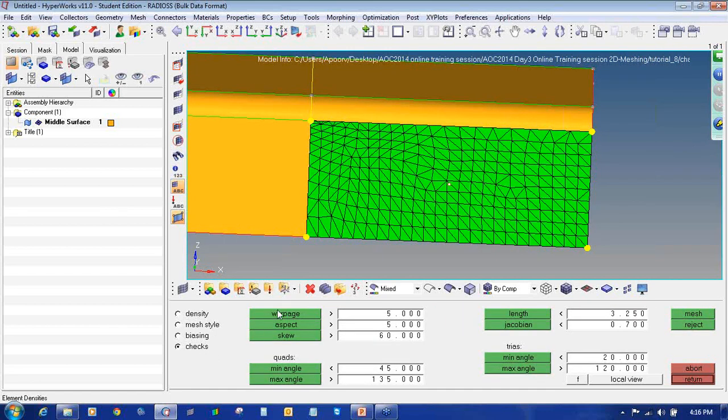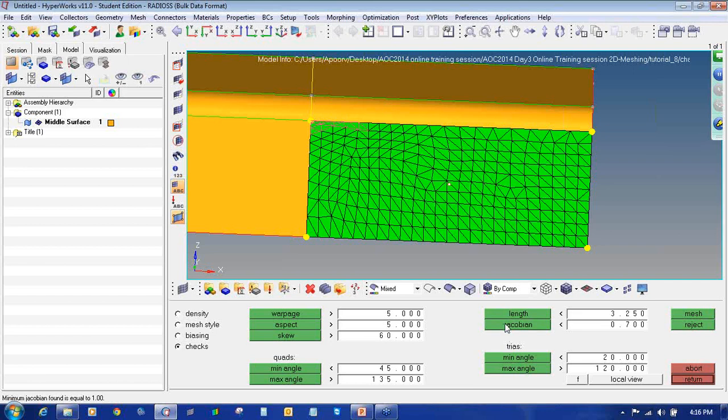Similarly, from here itself you can check the element types and qualities of the element: warpage angle, aspect ratio, minimum angle, there are no quad elements so only tria minimum angle, tria maximum angle, length and Jacobian.